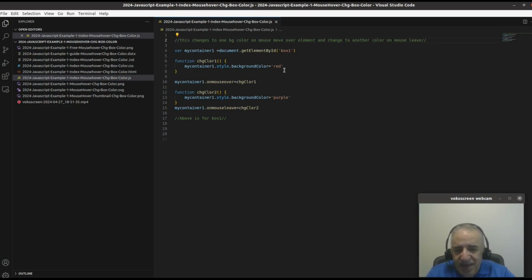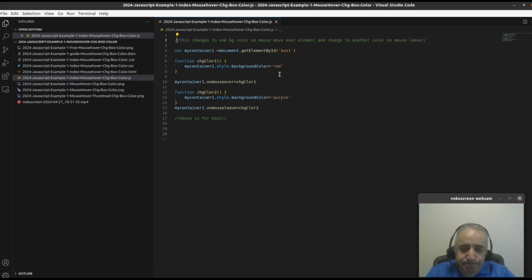In this case, I gave it red. So what this function does is change the color of the div with ID box 1. It's gonna change it to red,